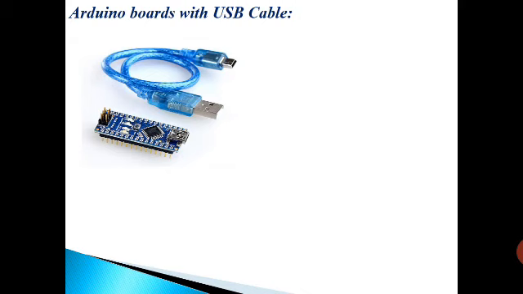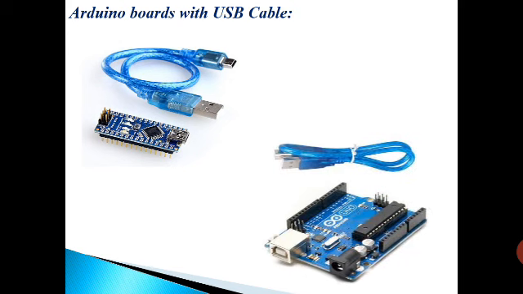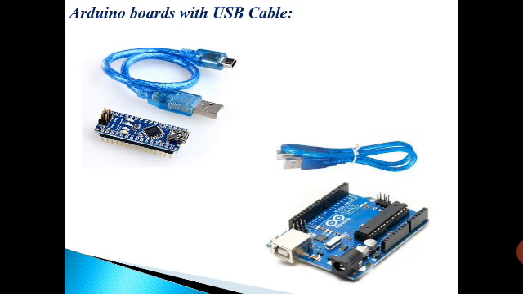So in the previous class we have seen the Arduino boards, but the only thing you should know, with the Arduino board we have one USB cable as well, and for the Nano and for the Uno the USB cables are not the same. So whenever we are getting the Arduino board, we must have the proper USB cable, because without the USB cable we cannot upload the program in this hardware. So only for the information, for the Arduino Nano and Arduino Uno, the cables are different, and that is to be taken care of. The rest we will see in the programming.